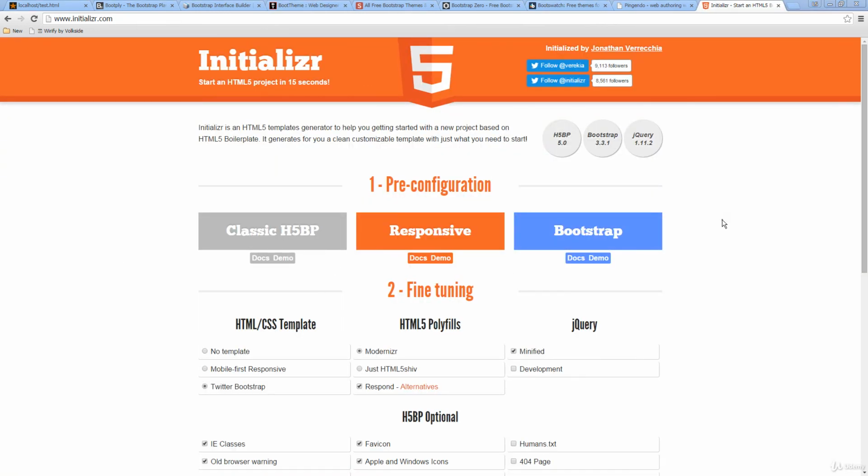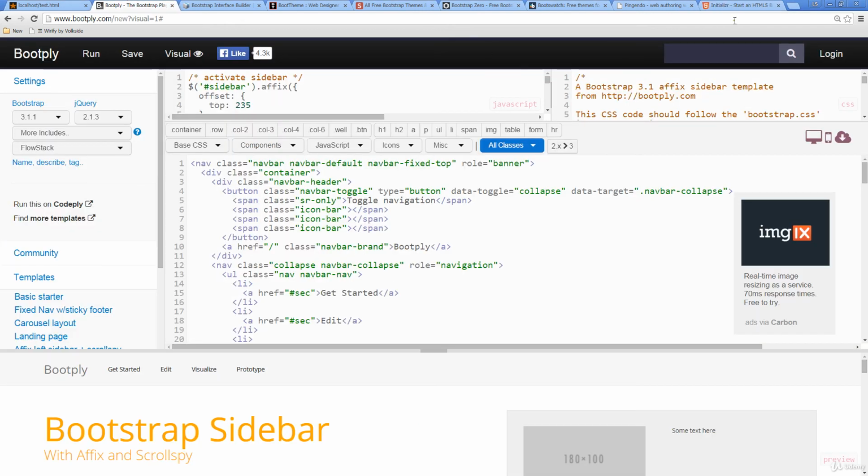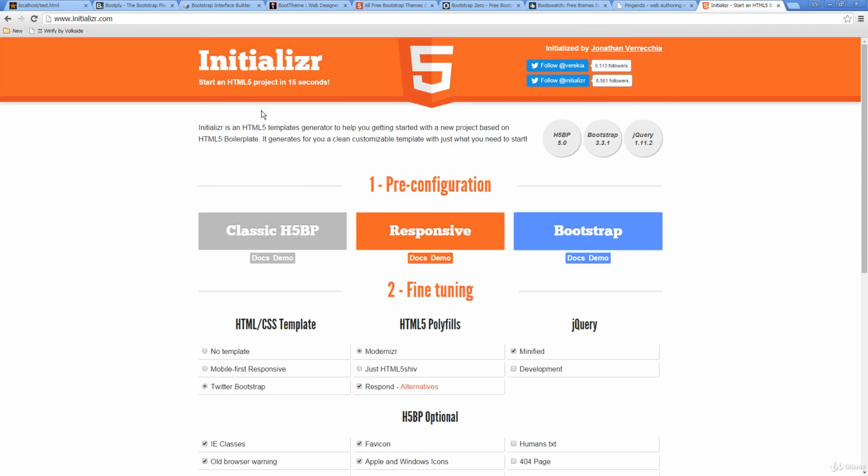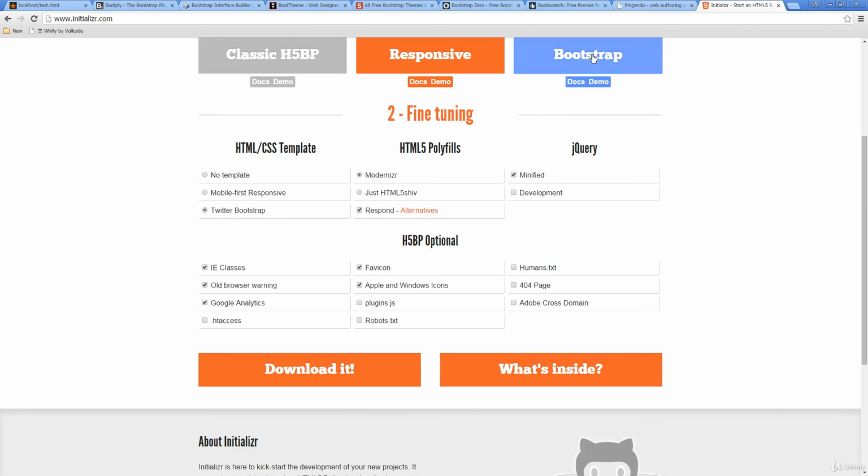One more that I did want to feature. I know I've been going through quite a few different options here. So again, it's a matter of personal preference, and this just goes to show that you don't even need an editor on your own system. You can just use ones like Bootply. So with Initializer, you have all of these options. You can just get that downloaded, customized Bootstrap, or you could customize it yourself. So you can add Modernizr, you could minify the jQuery, and also the support here. So this is another way to get Bootstrap and build out